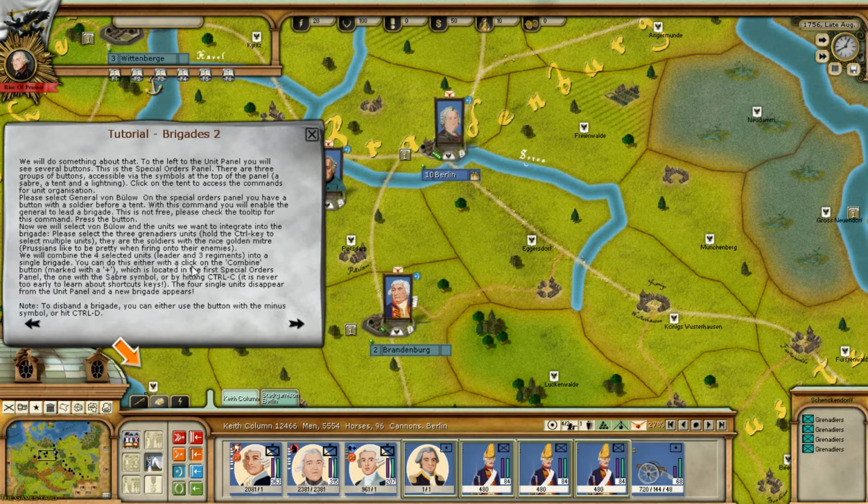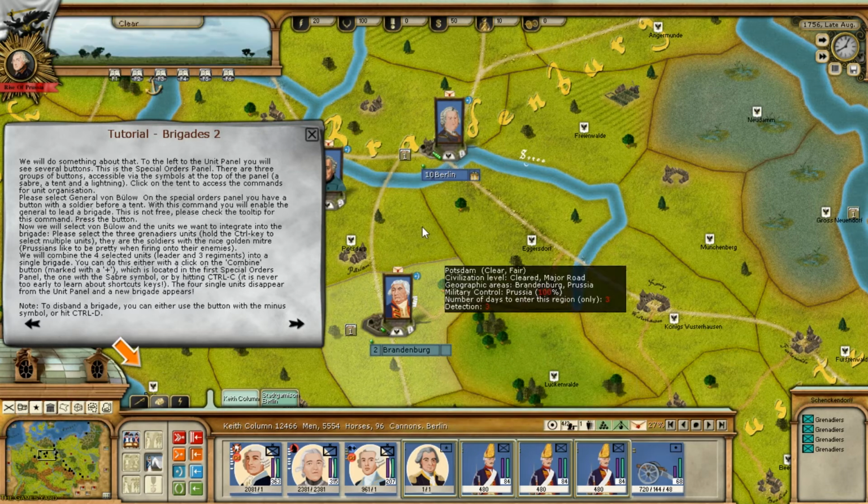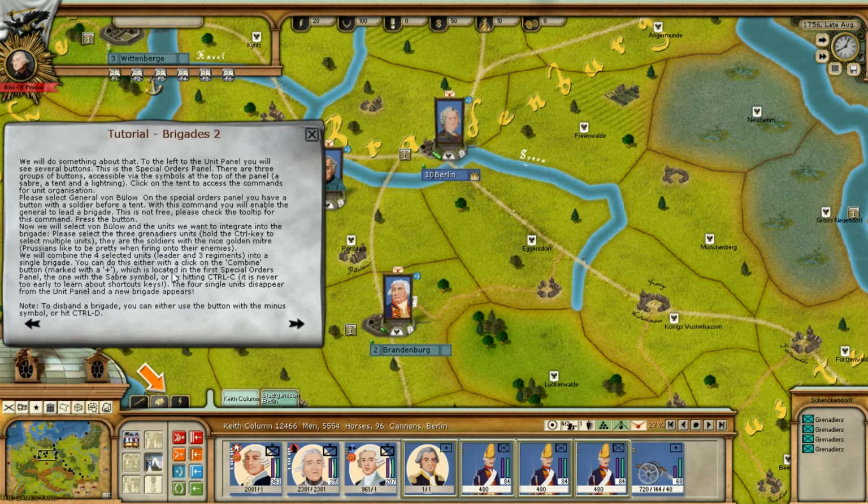You can do this either with a click on the combine button marked with a plus. Where's the combine button? I don't see it. Okay. It is located in the first special orders panel, the one with the saber. Oh, so we got to go to the saber now. Okay, on the command, which is selected in the first special orders panel with the saber,